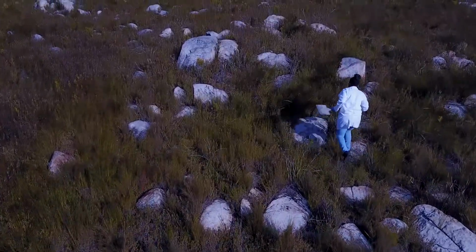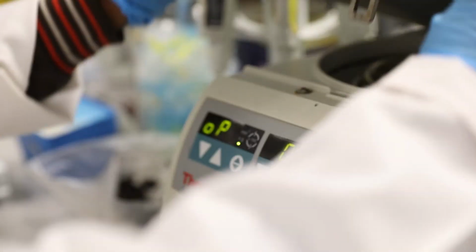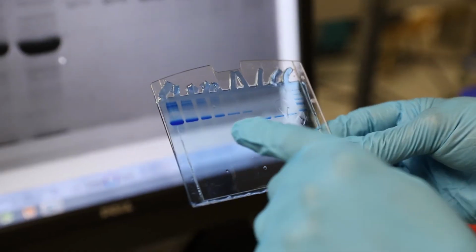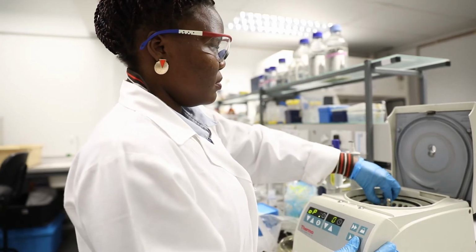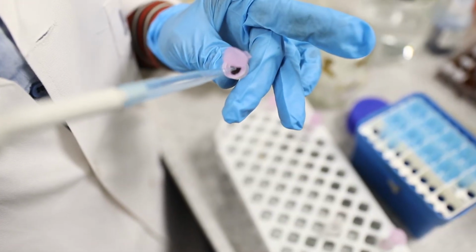The work is funded by the Department of Science and Technology, and through their generous contribution, we have now made excellent progress in the lab. At the moment, we have been able to sequence the full metagenome from this soil and extract gene sequences that are ready for expression. We now have several processes for manufacture of these enzymes ready in the lab to translate